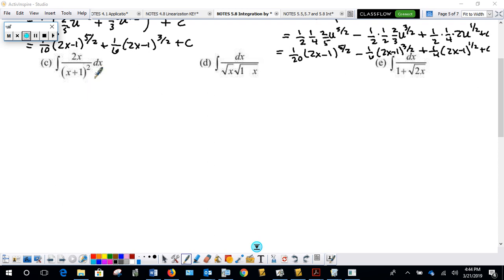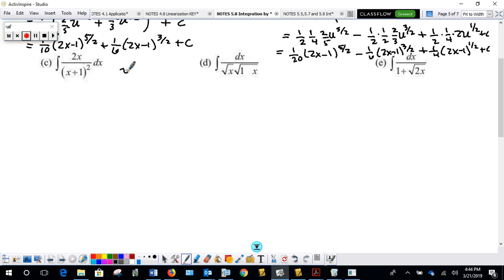All right, let's take a look at this one. Again, we have that same problem where, if I try to let u equal x plus 1, I've got an extra x up here. I could multiply this out. When you get down into the weeds of integration, there may be extra things that you might try. The problem with multiplying this out, because you're like, hey, that'll give me a square on the bottom,